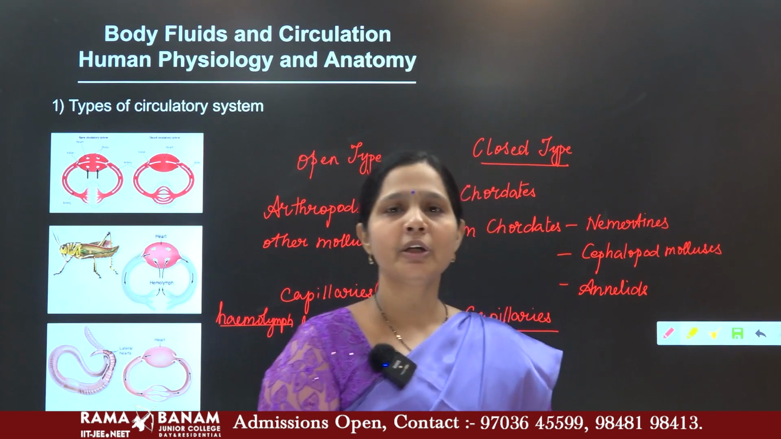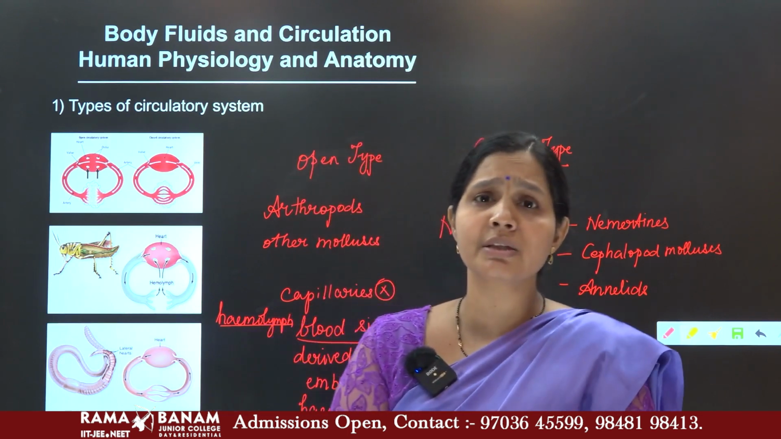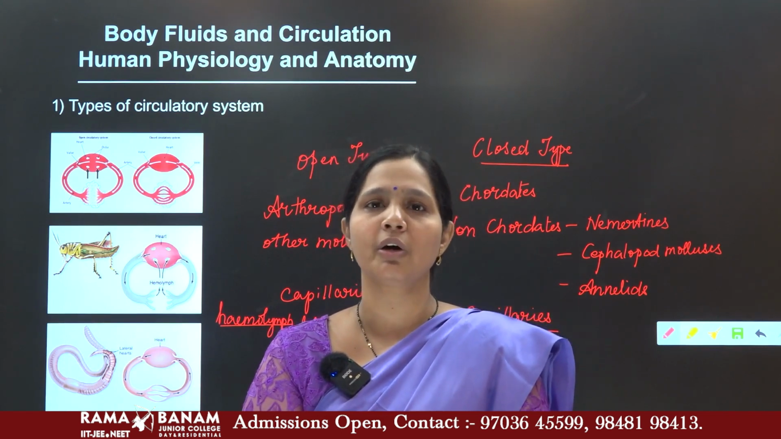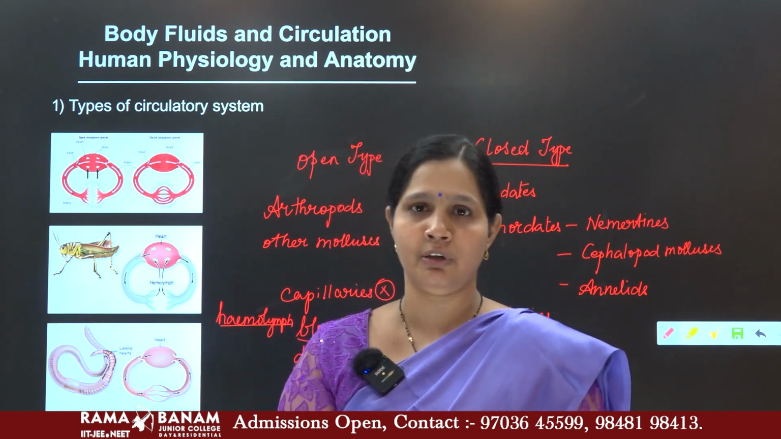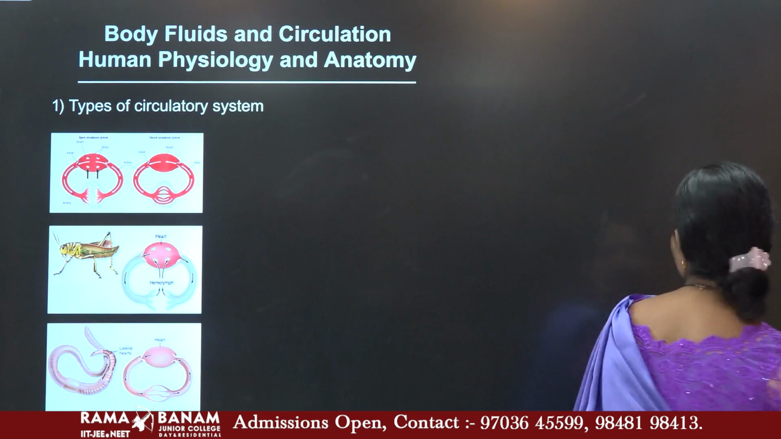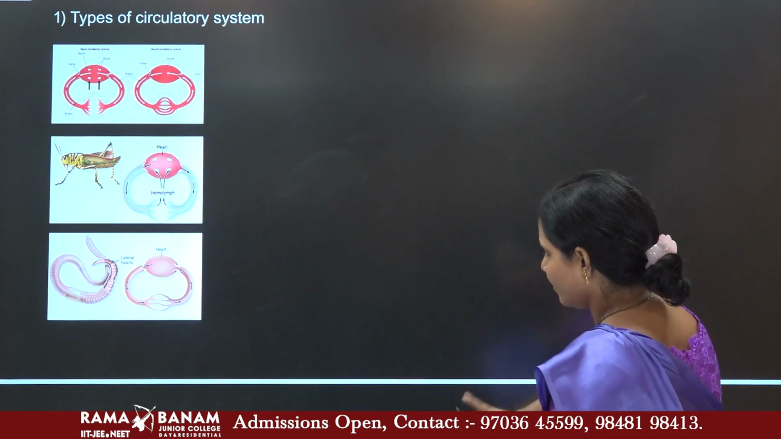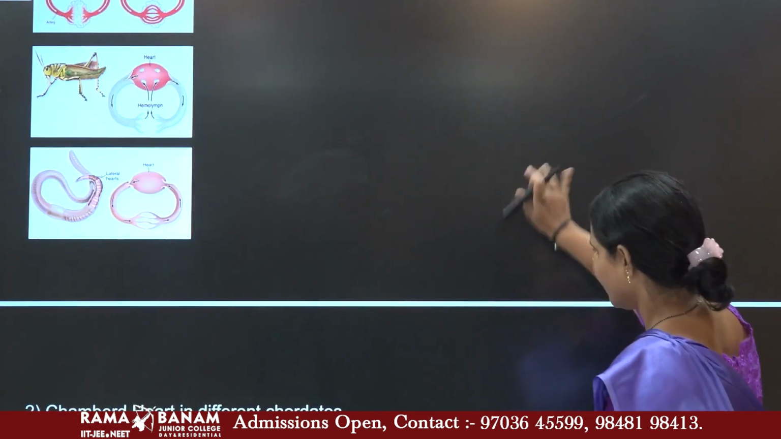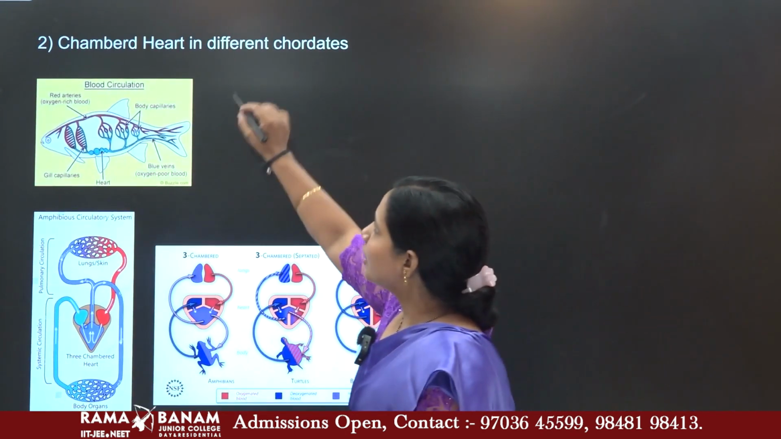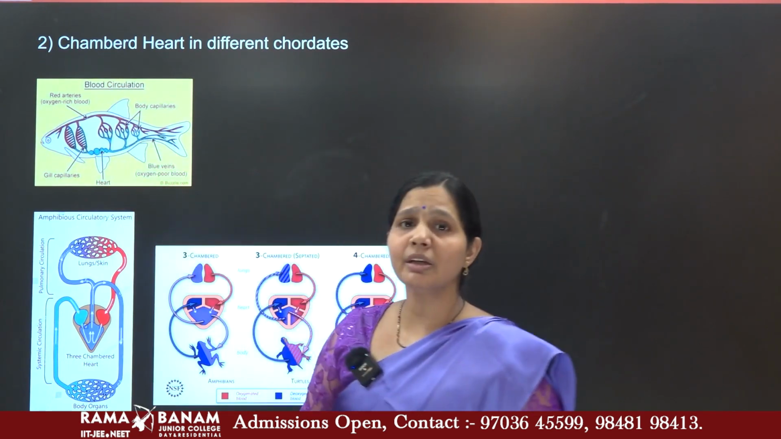Then coming to the chordates, which have a closed type of circulatory system, starting with the Pisces up to the mammals, there are different chambered hearts present in the chordates, which have different types of body fluid circulation. So, let us see that. In the chambered heart of different chordates, if you see the Pisces, they have a single circulation